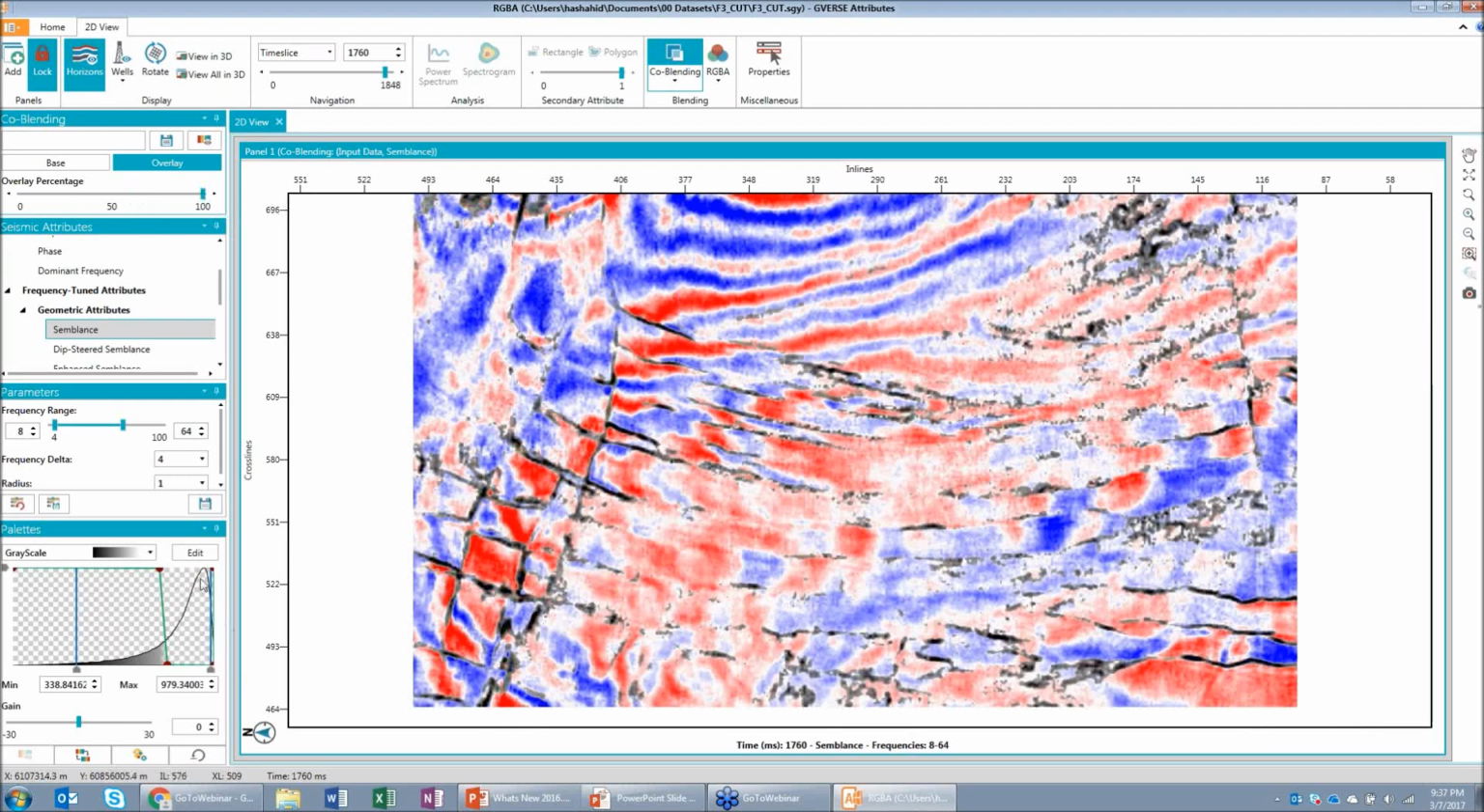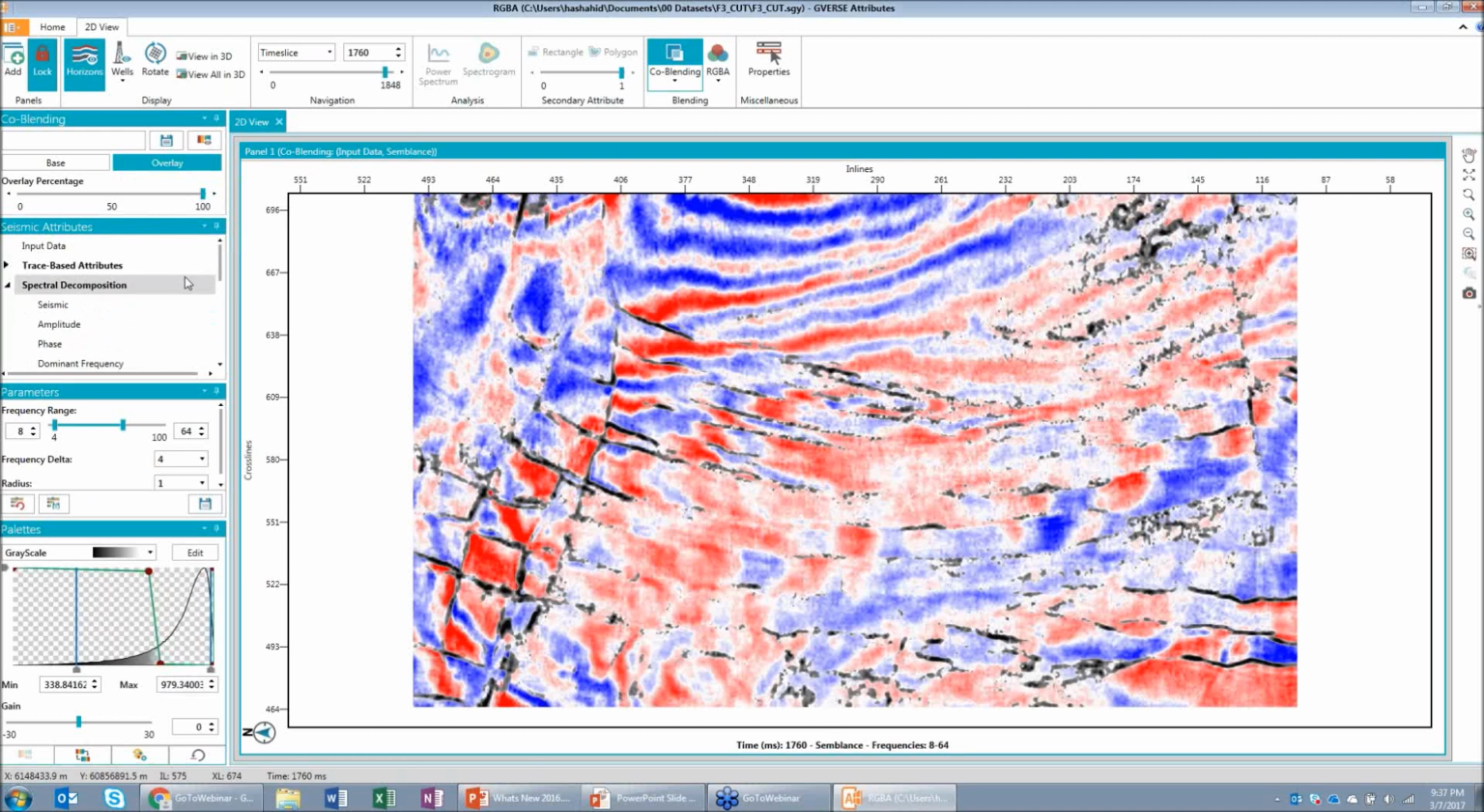And because all of my high semblance areas are now transparent, I'm just going to see my input data through those high semblance areas. And now I can see how my semblance data relates to my faults. And this actually works really well when you're looking at the automatic fault attributes, the fault dip and the fault